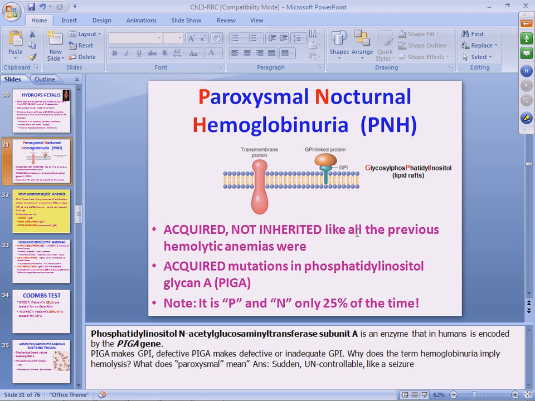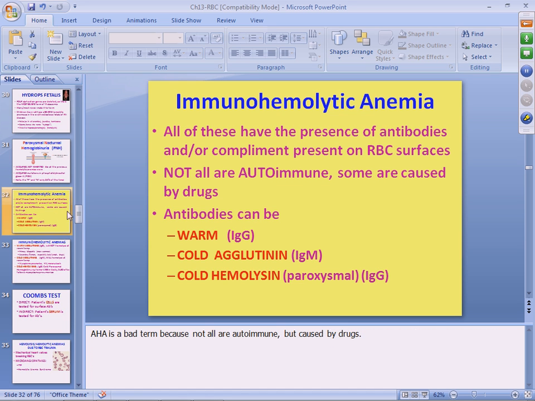Well, it's going to go into the urine then too, isn't it? So that's why it's called PNH. And let's move on. We've already touched on this topic in several different ways from previous chapters, but let's talk about the so-called